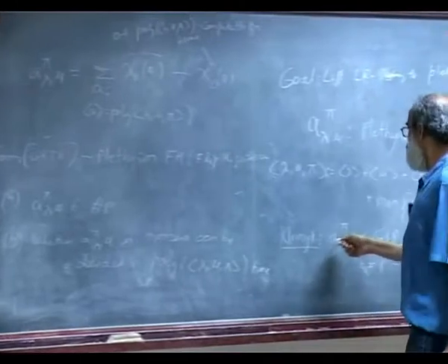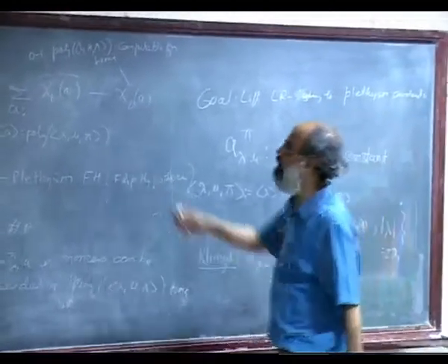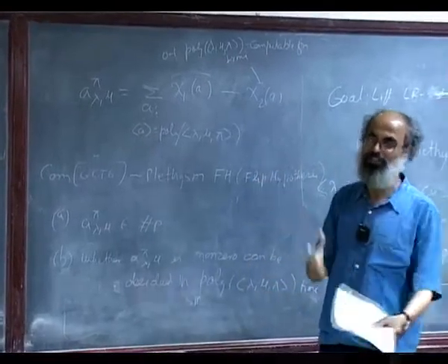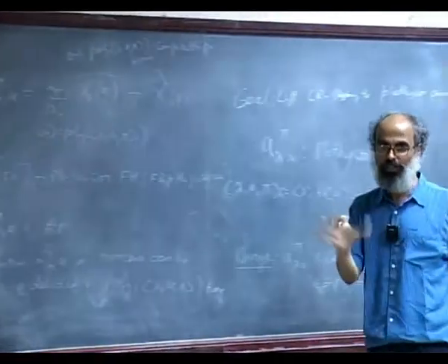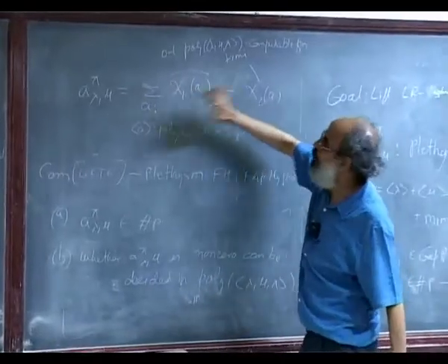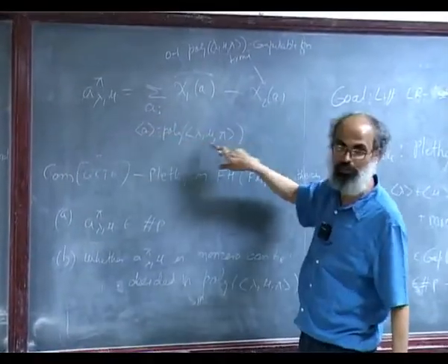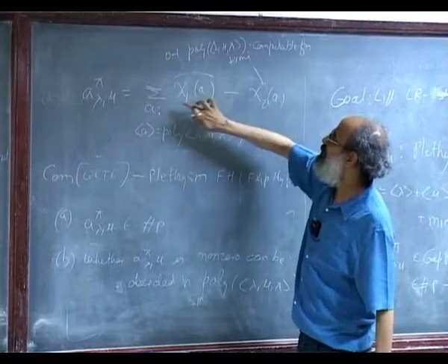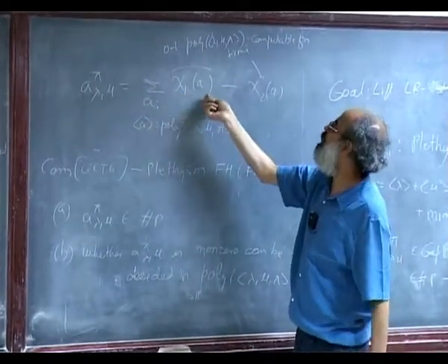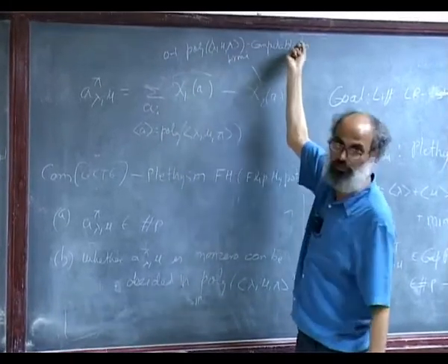What Klimyk showed was that this can be written as a difference of two #P functions. He did not show that it is in #P, that is the hard part. There are alternating signs. If it could be written as just this, where you take all bit strings of length lambda, pi, mu, and sum over them. It is not polynomial, this is some 0-1 computable, time computable function.